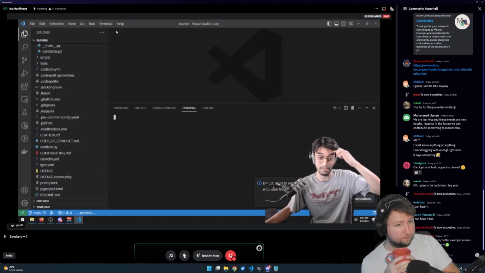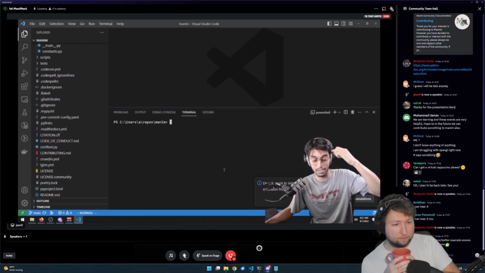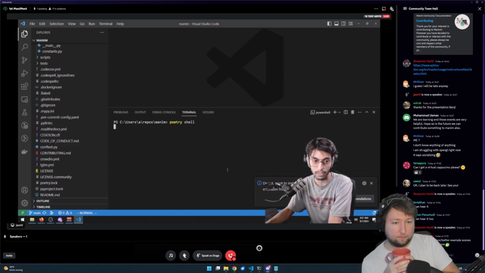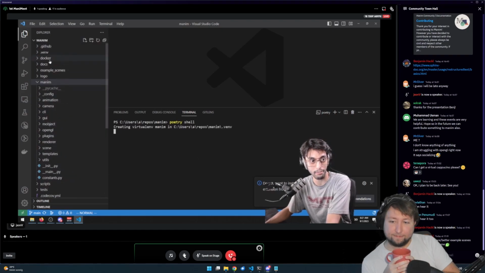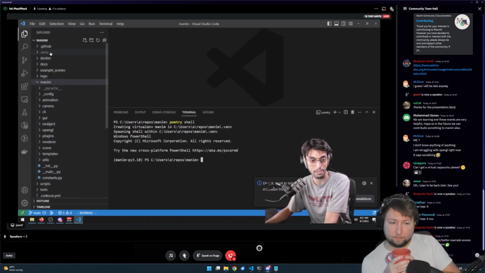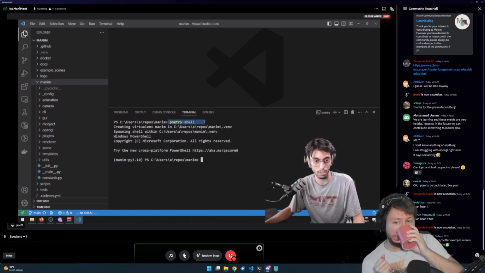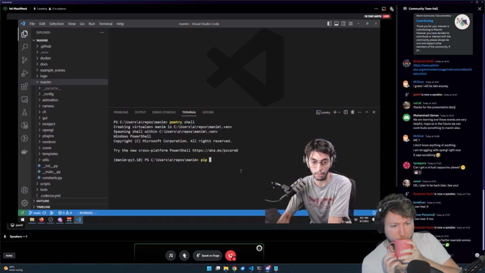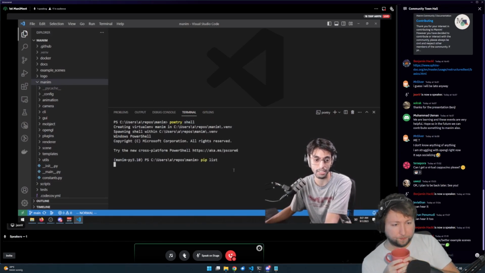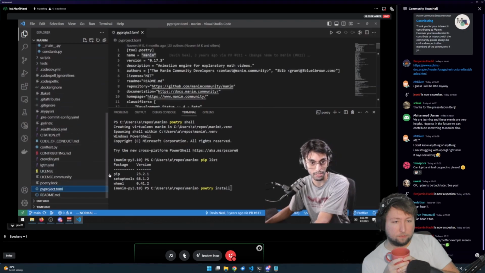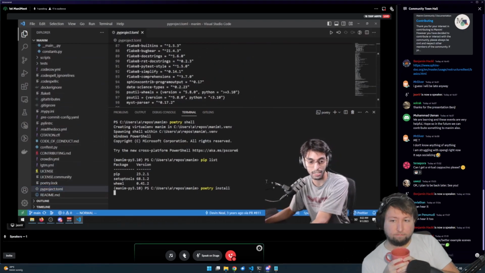So actually, before we do that, let me create a terminal. Quickly do a little poetry shell action. What this will do is create a folder at the top right here, this .venv. It'll create a virtual environment, and it'll indicate that I'm in that virtual environment now. So that's all I'm doing with poetry shell. If I do a quick little pip list, you'll see that nothing's installed. So we could just do a poetry install to get all the dependencies from the pyproject.toml, and that'll install essentially